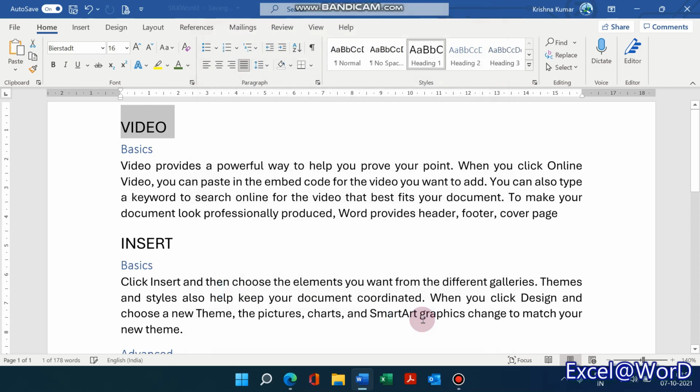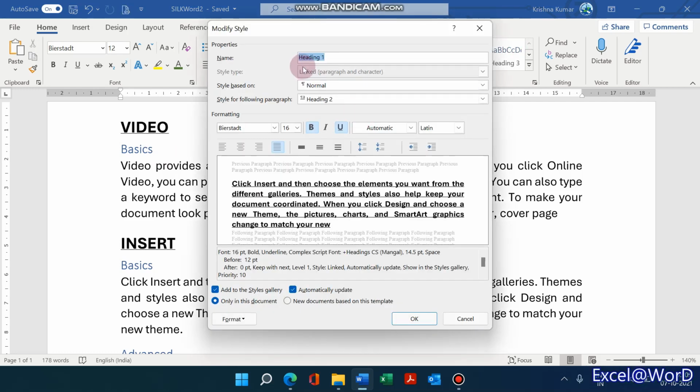Click OK. What happens here is wherever in the complete document there is a Heading 1 style, it is always followed by Heading 2. Heading 1 is always followed by Heading 2. Unless, of course, you have formatted the paragraph differently.